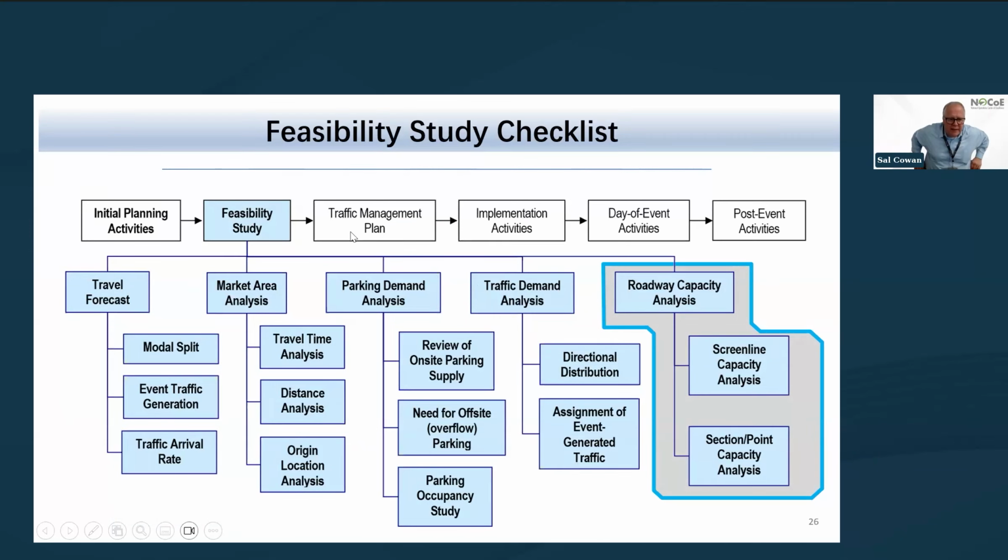Finally, let's talk about roadway capacity analysis. So here at New Jersey DOT, we are the approvers of all non-emergency lane closures for construction, whether it's maintenance, utilities, capital programs, whatnot. What we do is our people do lane closure analysis based on counts. So we use 1,400 vehicles per lane per hour as the maximum number of vehicles you could allow before you could close the lane. So anything above 1,400, we don't allow them to close the lane during that certain time frame. So for example, you have a 2-lane road that can carry 2,800 vehicles per hour with no delay.